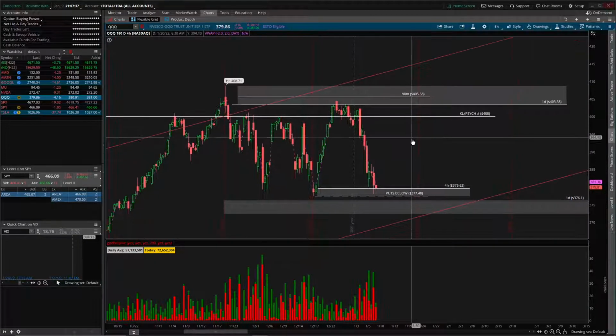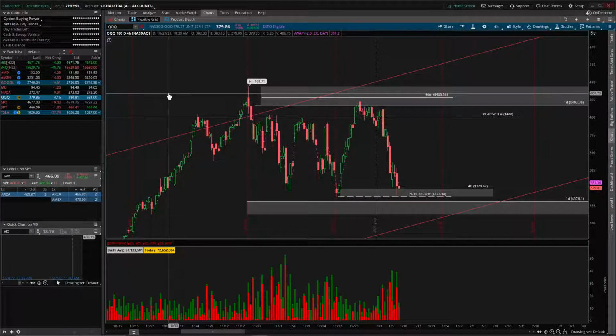And oftentimes, you will find support embedded within demand zones and supply with resistance levels, and that's simply because whenever, again, let me just